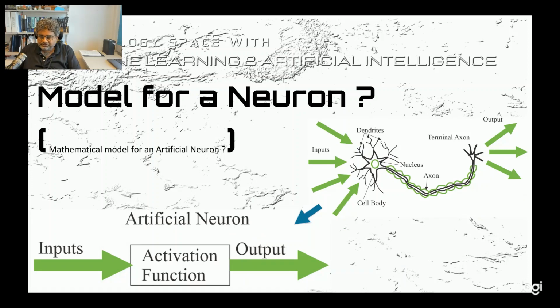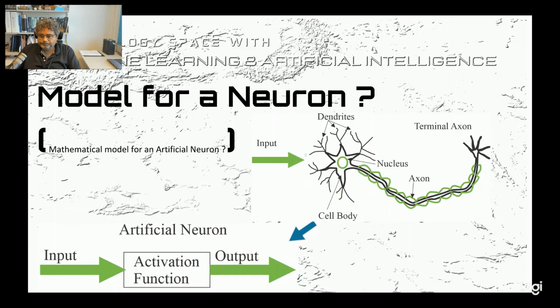The artificial neurons are inspired by this biological neuron. As we have discussed, there are inputs, there are outputs, and there is an activation function. When you're building a mathematical model, these are the three building units you need. One is the inputs, another is the system model itself, which in this case we call the activation function, and then the outputs. So let's have some idea about how these biological neurons function.